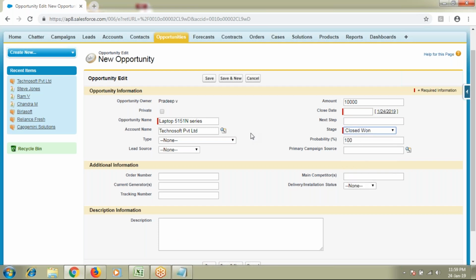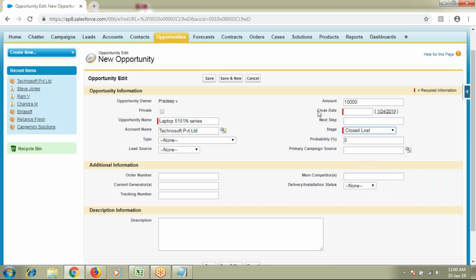This particular opportunity is closed successfully. It is a one day. And if something happens during the quotations or during the negotiations or during the request, or if they are not interested, then it will go to closed lost.